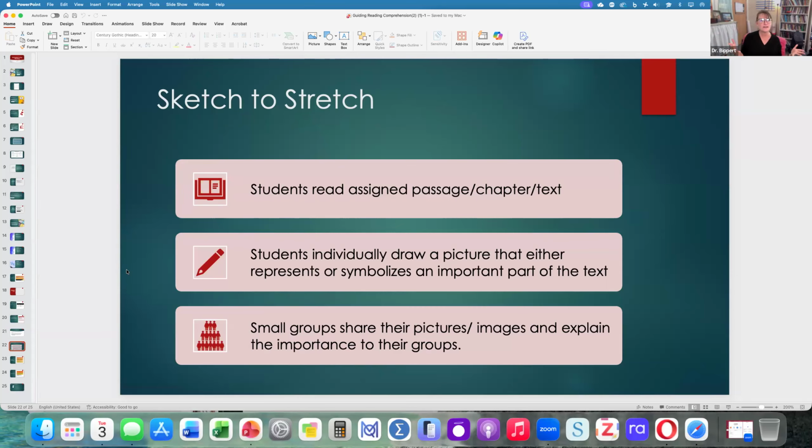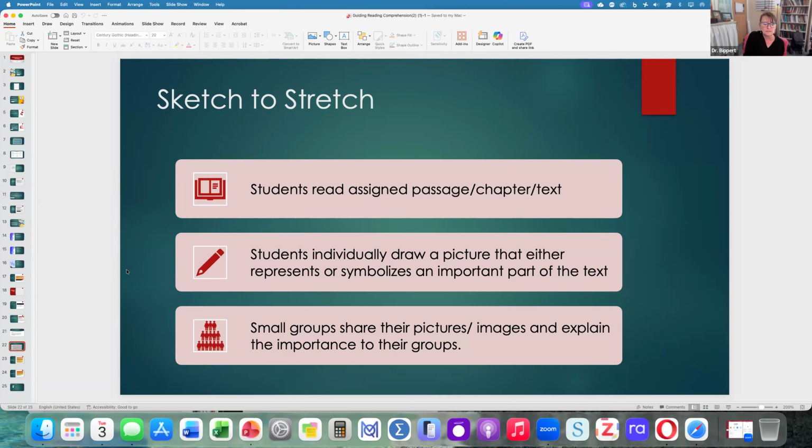All right, and sketch to stretch. Another fun note-taking strategy. It's a reflection strategy. Sketch to stretch is for those students who it really helps them with creating a visual representation of what they've learned. So here students read an assigned passage or a chapter or a text, and then they individually draw something that they feel like